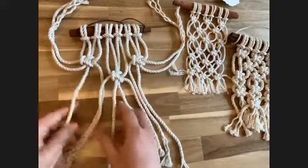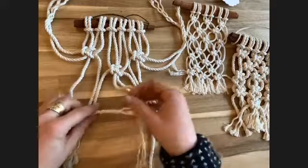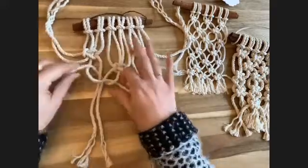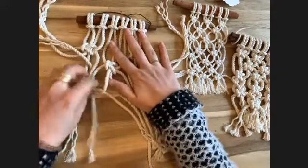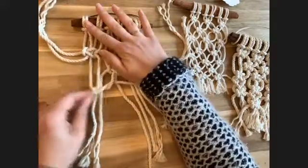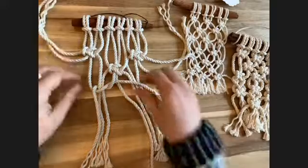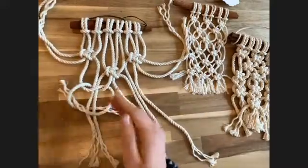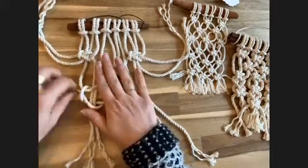Again, I'm gonna do this just so you can see there. I'm gonna take the left one here, and I'm gonna take right through that loop. And then based on that spacing, I don't want it to sit too sideways like that. So I'm gonna tie my knot underneath this lowest one and get that. I want it to be rather parallel to my cinnamon stick for most of my knots there. So I don't want my cords to start going at an angle. So I'll tie the other half of that square knot,